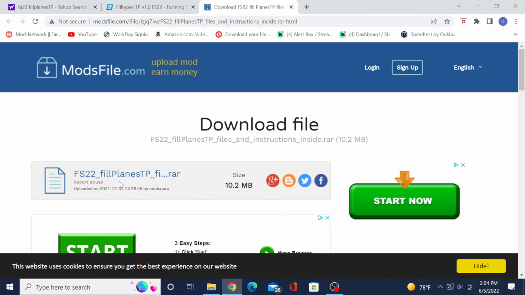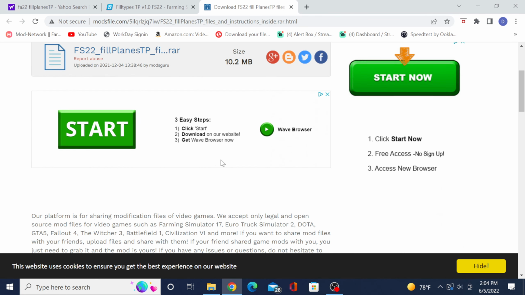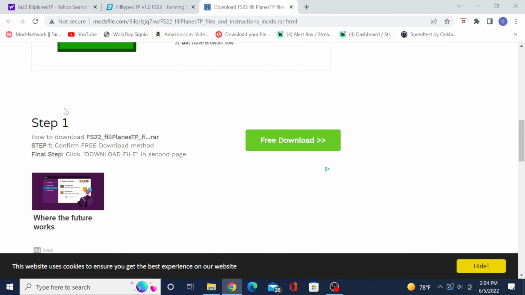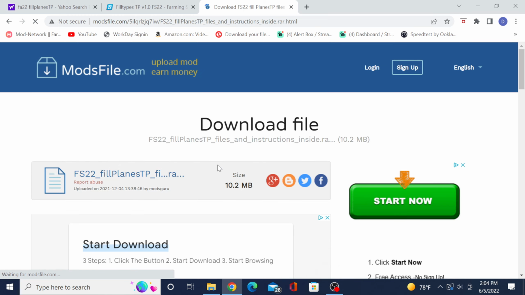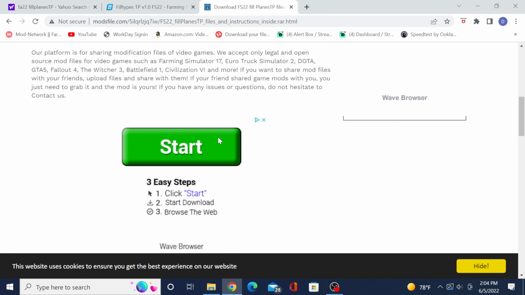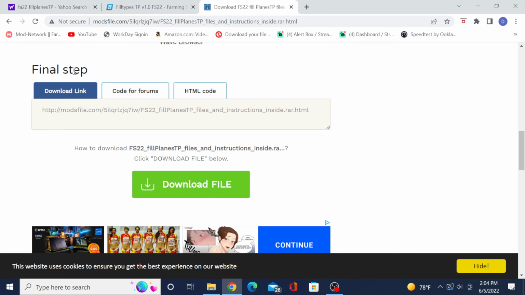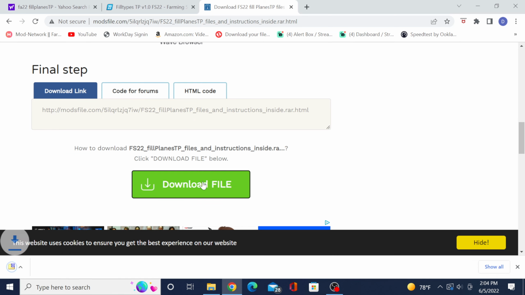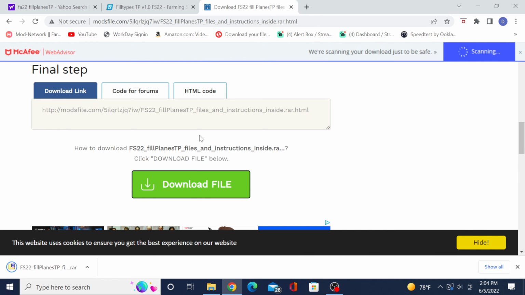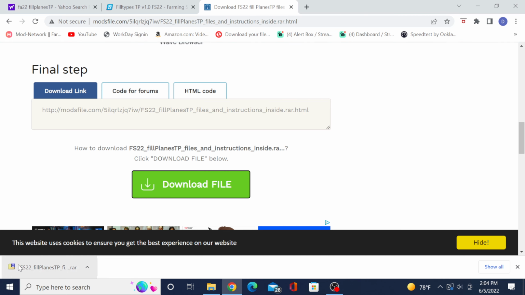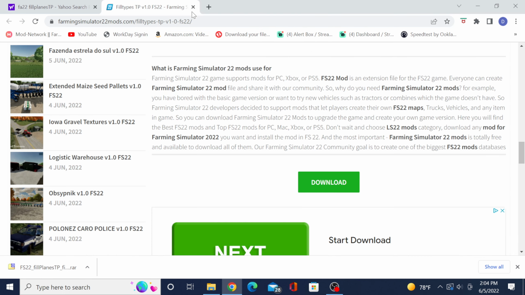Then it's going to show you the zip error. Alright. Step 1, how to download FS22 field plates TP RAR. Click on the free download. Then it'll show it again. Come down till you see this final step. Download file. Click on that. Then you'll see it start downloading here. Once you get that downloaded, I don't like when they're in a RAR instead of a zip. But anyway, once you get that downloaded,